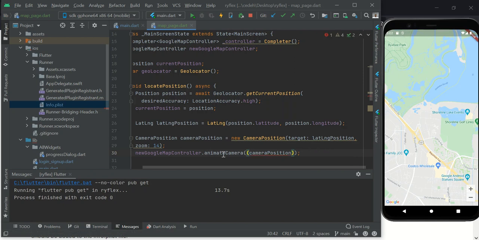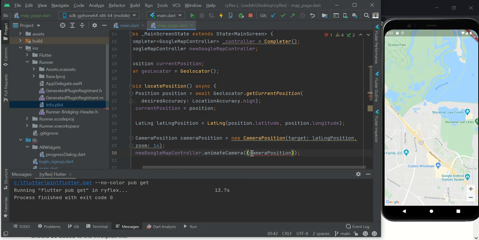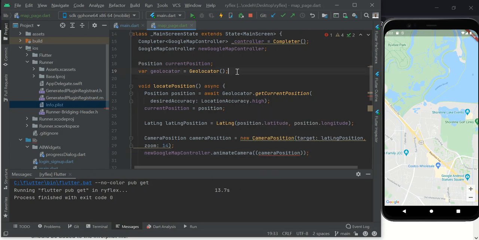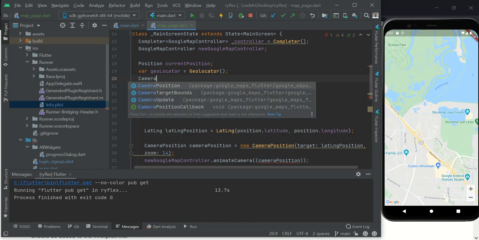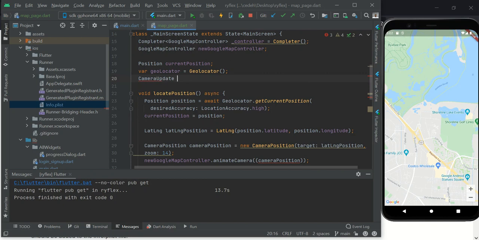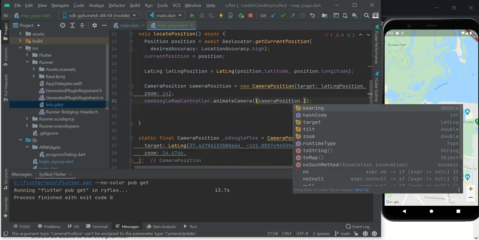Future camera update, camera update. Okay, let's create an instance of camera update and see if it works. So we create a new instance of this, and then we call it here, camera update dot